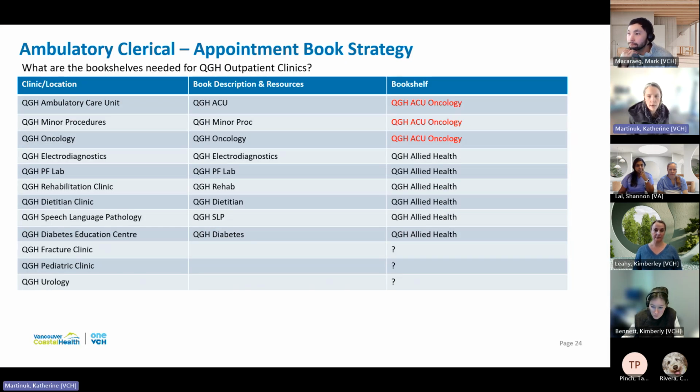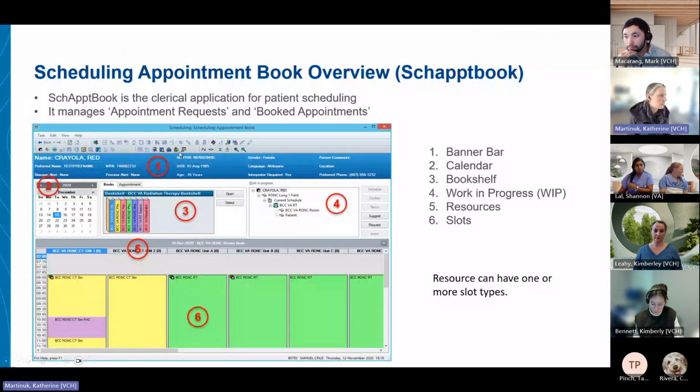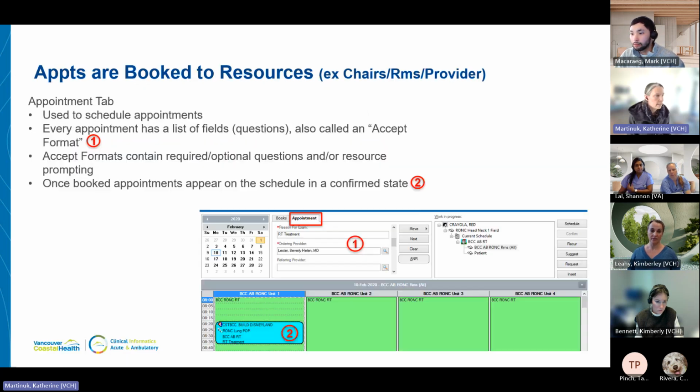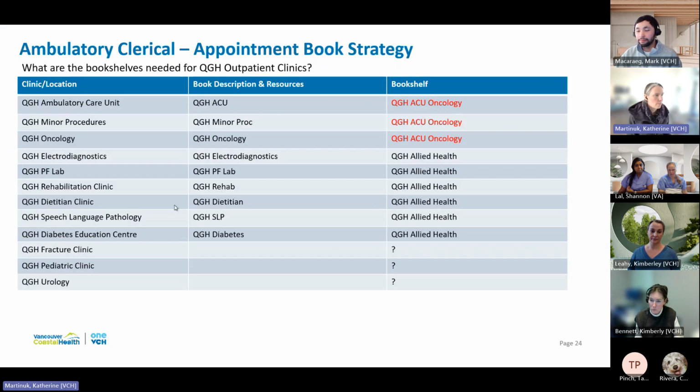So Kim saw this slide at the meeting we had last Friday because we need to configure your appointment bookshelf. So back to this image here. And the bookshelf should contain all of the books that a clerk needs to do their job on a given day. We don't want a clerk in that given workday to have to switch bookshelves. So we have proposed a bookshelf called Allied Health, which will have books in it for all of ECG, PF